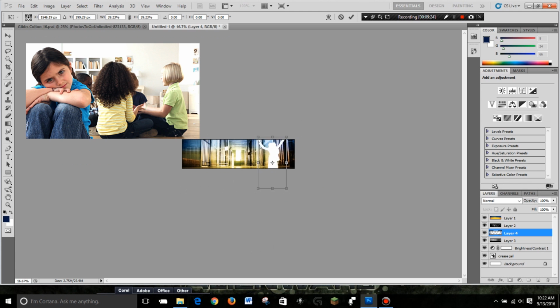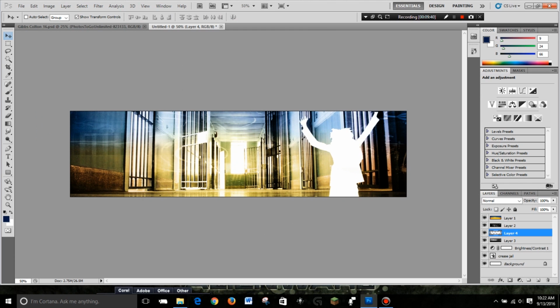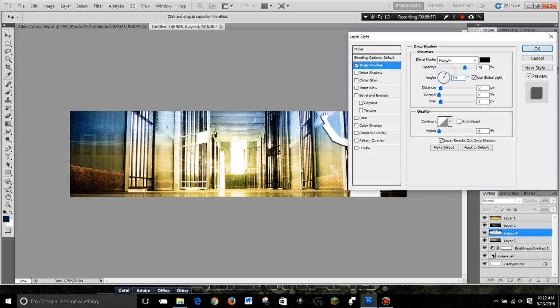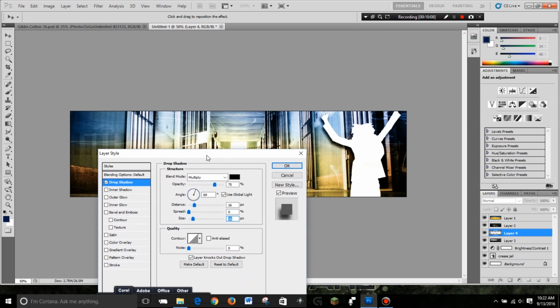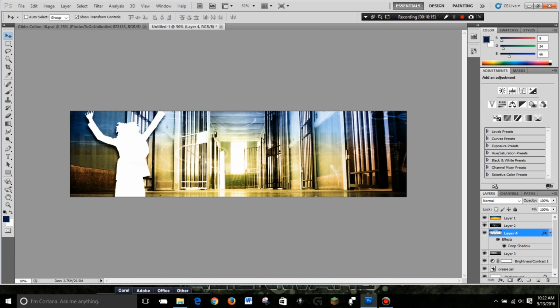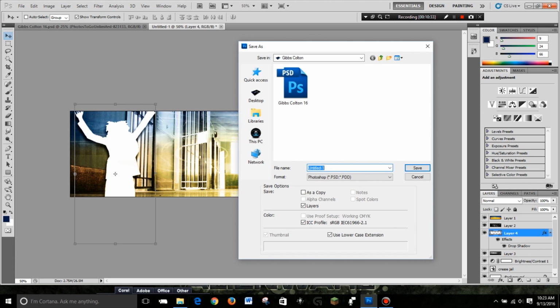So here's me. I'm just figuring out where I want to put her, and I'm not going to take the complex shadow we did last time. I'm just going to double click on the layer, get this dialog up, hit the built-in drop shadow, and make a few adjustments just so it looks kind of similar, but it's not going to be the main design element, so it doesn't have to be. I'm not even going to take the blur over. I'm just going to do it like that. So there you go. Adjust the light direction and everything so it looks like it's coming from the window. There you have it. And so that's going to be our background,